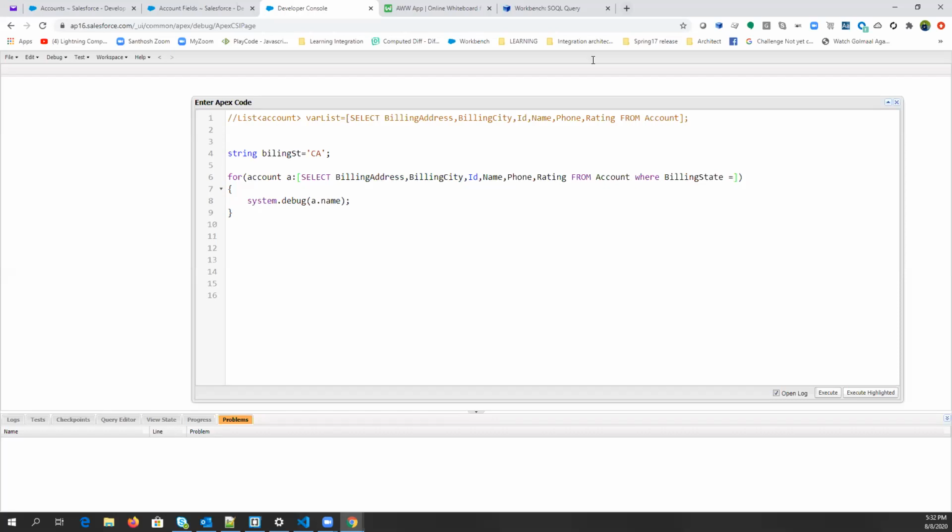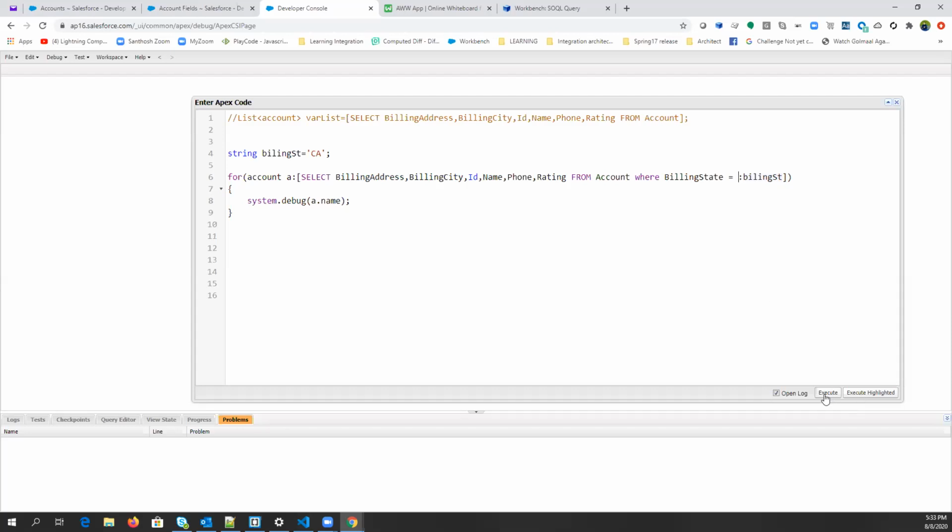Can we use it like this? We need to use a colon as well, right? Just remember, we always use a colon before the binding variable. This is called a binding variable. So you can simply use it like this.